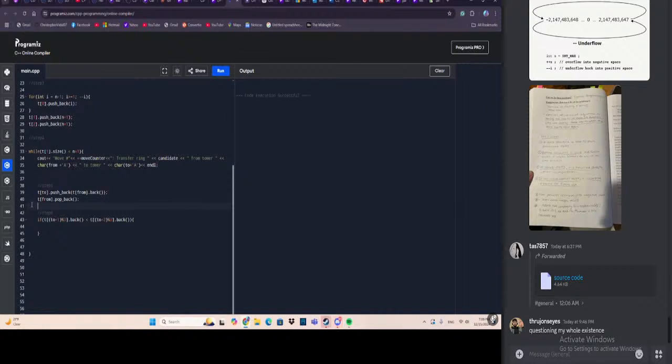So if the element of tower 0 is less than tower 1, we always want the smallest ring, right? You wouldn't want the bigger ring. So we're using this one right here because this one is smaller. Else, if this one is smallest, we use this one, right? So how do we do that? We make the new from equals